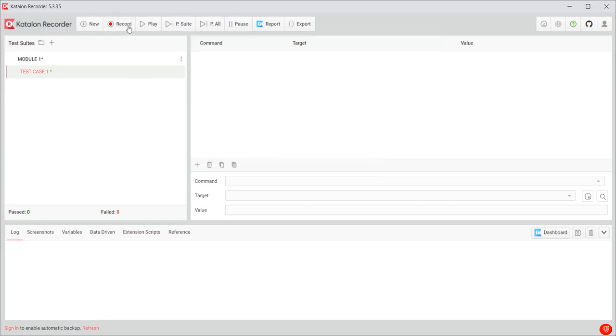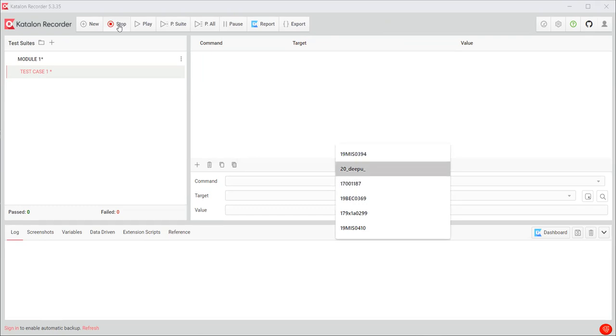Here we can see Record, and then if we want to test any other website or app, for example, now I can show you, sir. We can go to Instagram or any other site, and everything is recorded. I enter the username and password and log in.